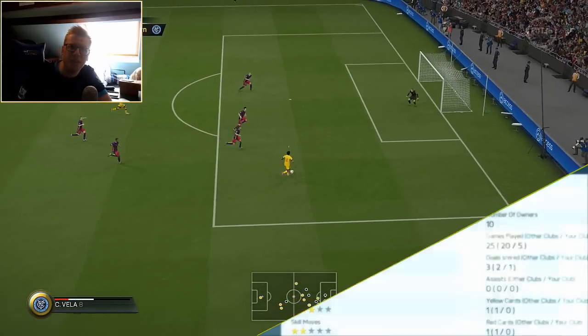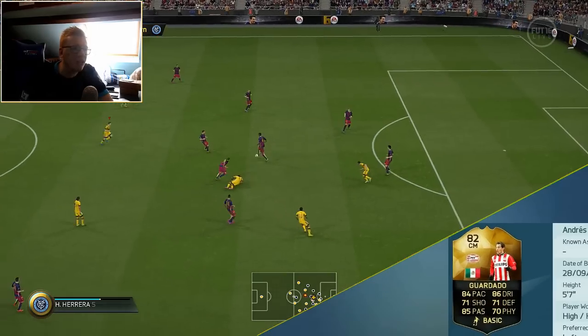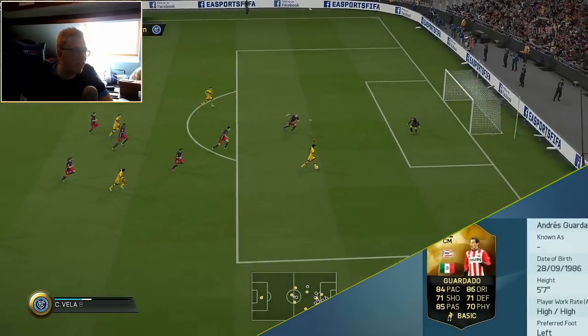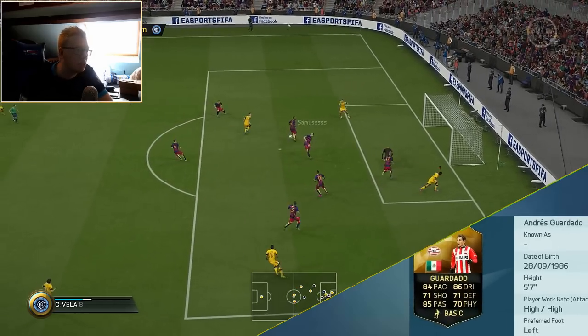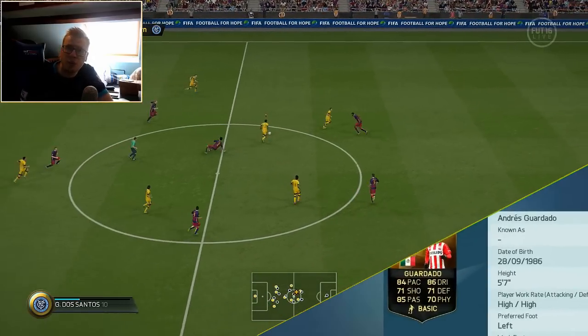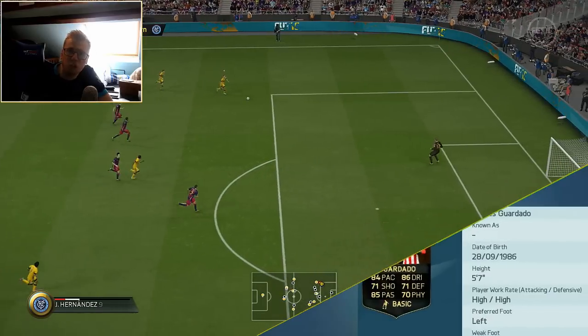But moving into the midfield now, the first of the 3 midfielders we're going to be looking at is the inform again, Andres Guardado. Really solid card. Again, look at the well-rounded nature of his stats. He's got 84 pace, 86 dribbling, 71 shooting, 71 defending, 70 physical, and 85 passing. He's got high work rates. Fantastic box-to-box midfielder. In the 5 games, he only got the 1 assist, no goals, which is a bit of